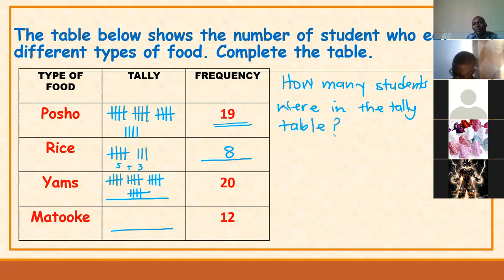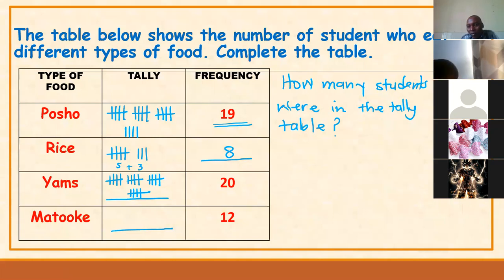So here, they are saying how many students were in the tally table. So when you want to get the number of the students, you simply come back this side and add the numbers under the frequency. Then you'll be in position to know the number of students that were talked about in the tally table, okay? It is really very important to understand that under the tally tables, we count items in groups of 5s, that is all, okay? We don't use bundles, but we count in groups of the 5s. The fifth stick always ties our bundle. That is the simple information and the most important information we can actually have. Is that right?